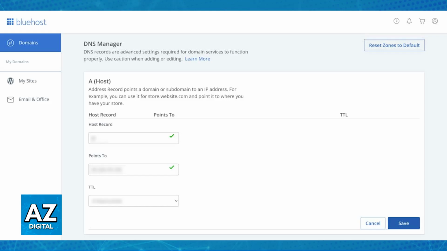Once this is done and saved, don't forget, every single traffic that goes through your website will be done using the www subdomain. It's important to remember that these DNS changes can take some time to propagate across the internet, so keep that in mind. It might take a few hours before you can access your website with the www subdomain. Well, once it is done, you will be good to go, and like I mentioned, every single traffic that accesses your domain will be done using the www subdomain. It is extremely simple and versatile, and you can change this at any time.